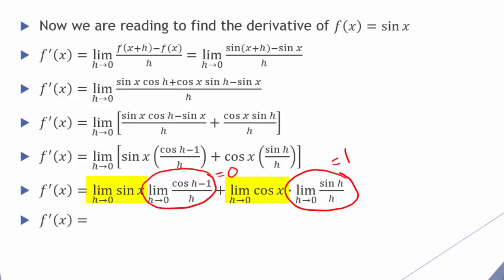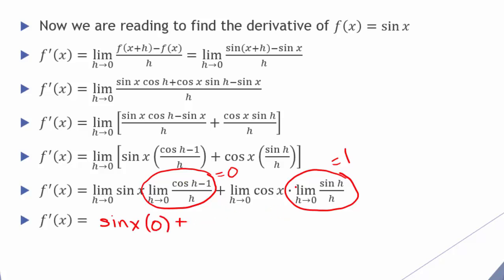So notice this is the limit as h approaches 0 of the sine of x. As far as this limit is concerned, h is our variable. If you could directly substitute 0 in for something, you'd be plugging it in for h. Well, the only variable in here is x. So if h is the variable for the limit, and this is sine x, there's no place to plug 0 in for h, which makes sine x a constant according to this limit. So what is the limit of a constant? Well, it's just that constant. So we get sine x times 0